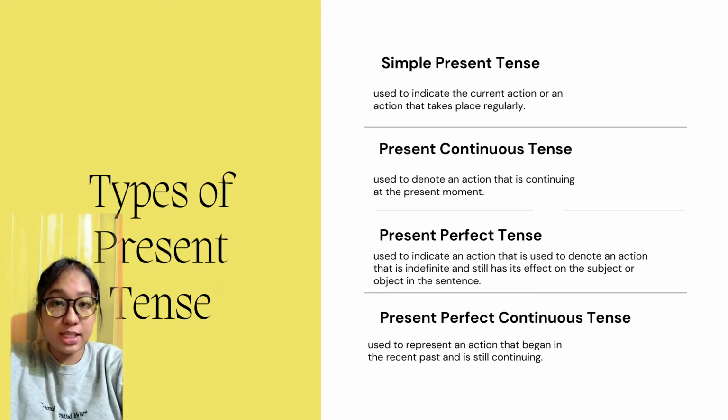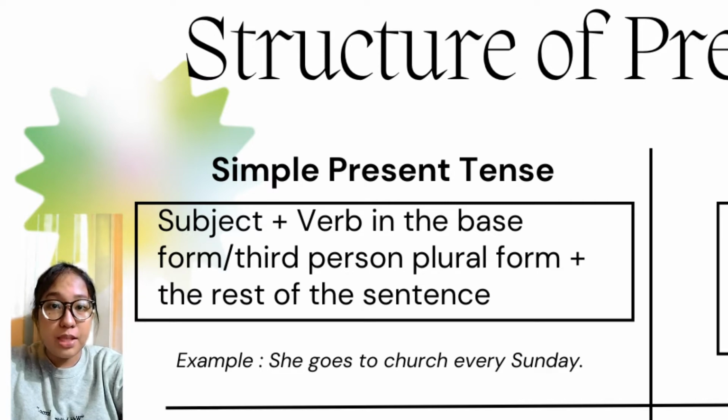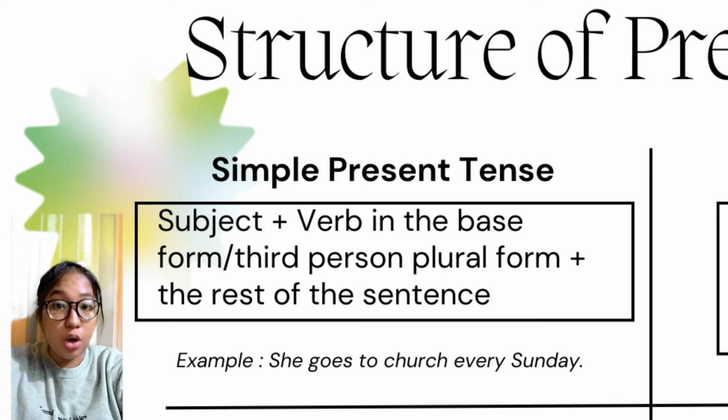The simple present tense is used when an event is currently taking place, or an event that takes place repeatedly or is a habit. This tense is the most frequently used tense in English. To form the sentence, the basic form of the verb, or verb one, is usually used, except for third person pronouns. The formula is verb 1 plus s or es. For example, the subject is I, you, they, or we, and the verb is go. You don't have to use s or es. And the rest of the sentence is to the school by bus.